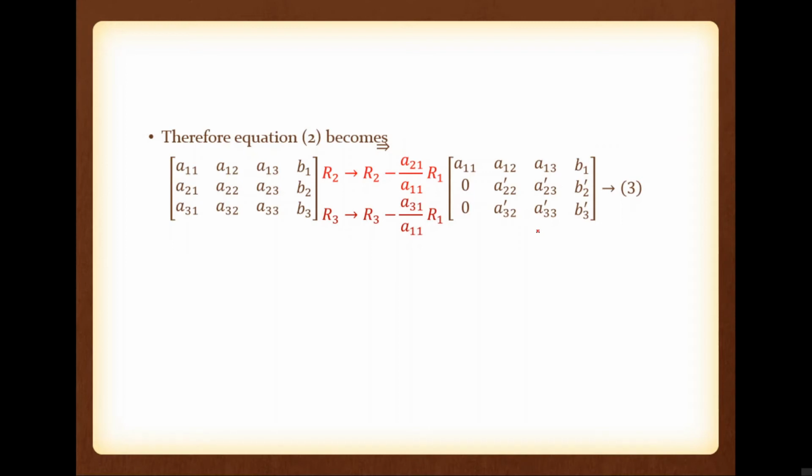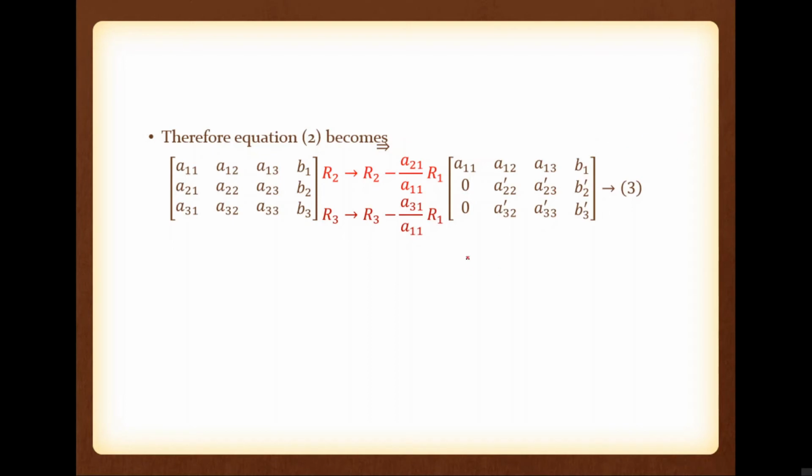So in general, if you have an n by n matrix, then ith elimination means removing the coefficients of xi from i plus 1th row onwards. Please note that. So how many eliminations will be there if it is an n by n matrix? Here this one is a 3 by 3 matrix, so it will have 2 eliminations. For a 4 by 4 matrix, 3 eliminations are there. So for an n by n matrix, n minus 1 eliminations are there. So please note that.